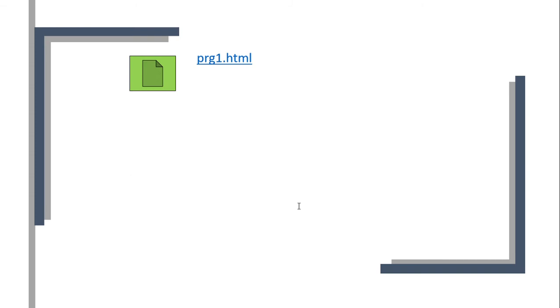See, whenever we write this tag into the coding of HTML, it identifies that you are writing the coding for HTML5. So then html, then head, title, whatever title you want to display over there.